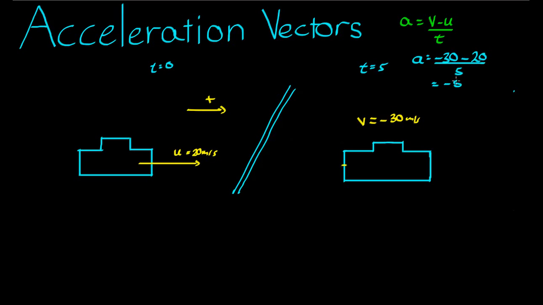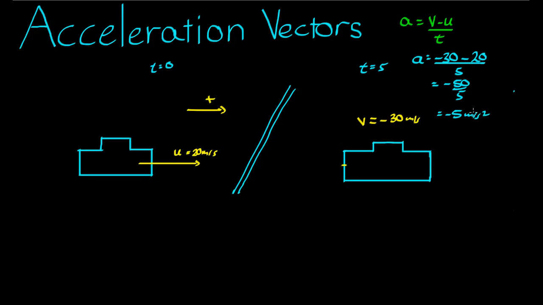So that comes to negative 50 on 5, or negative 5 meters per second squared. So if the initial velocity is positive and the acceleration is negative, the object will slow down and then change direction. If the initial velocity is positive and the acceleration is positive, the object will speed up, as we saw